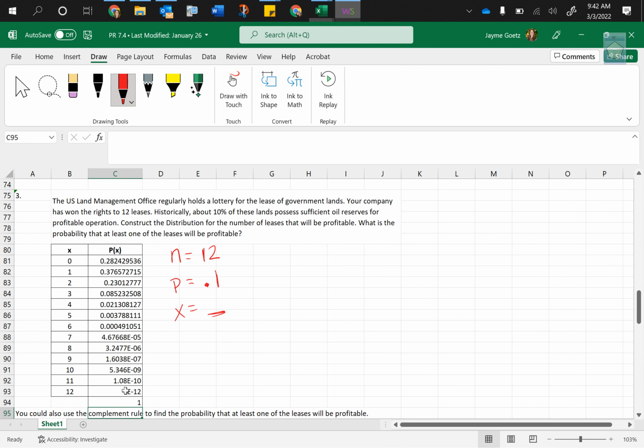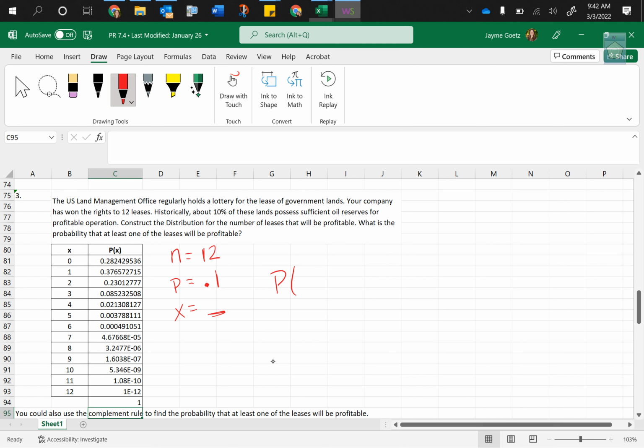Now notice, sometimes it might be like 1.00001, or it might be like 0.99999 because there's a little bit of rounding error in there, but that's okay. As long as it's close to 1, we are good. All right? Now, the question was, what is the probability that at least